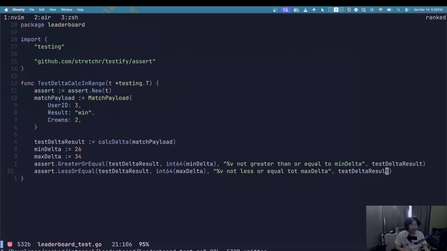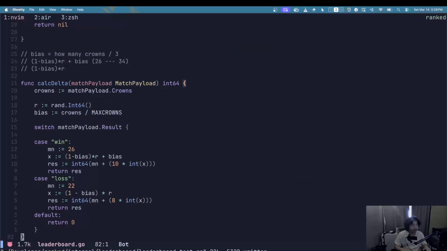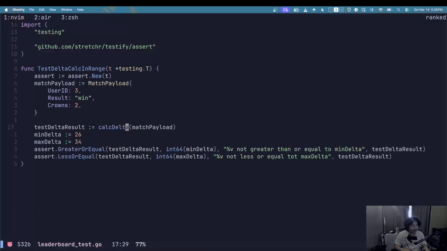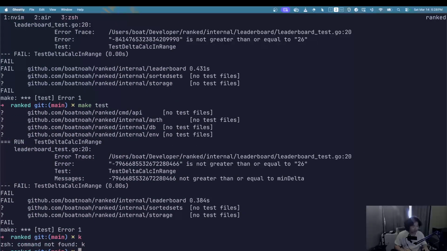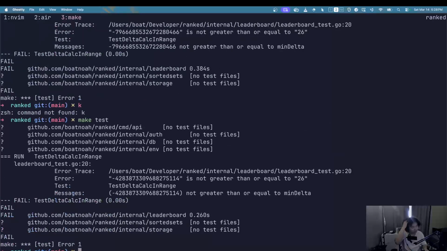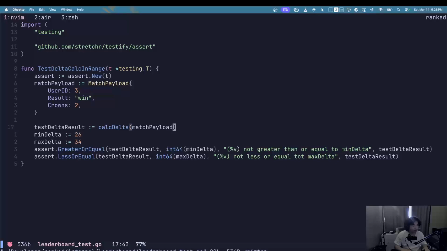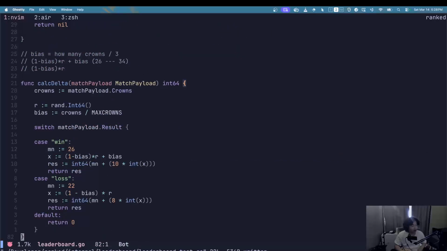Okay, so this is why we test our functions. We're getting some fuck ass value here. Wait, let me see something. Test. Yeah, I knew it. Okay, so our calc delta is wrong. This is why we test.